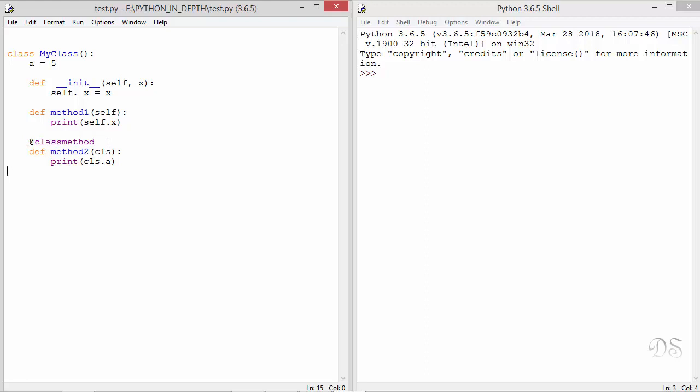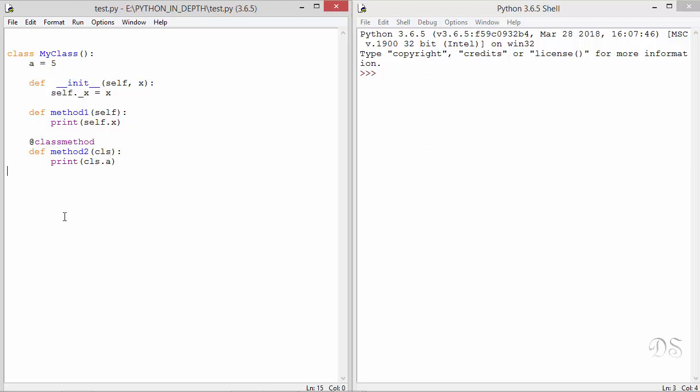Like instance methods, class methods also have a special first parameter. The first parameter in a class method is named cls. You could write any other name here instead of cls, but just like self, this name cls is also a strong convention. This word is a short form of class. Since class is a reserved word, this word cls is used. So in an instance method, the first parameter is self, and in the class method, the first parameter is cls. When you call this method, you don't need to provide any argument for this parameter. Python will automatically send the class as the argument for this parameter cls.